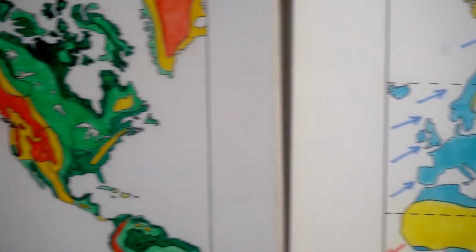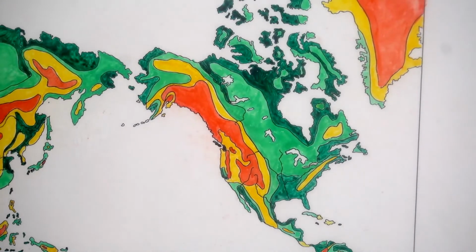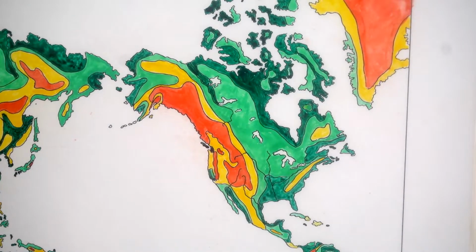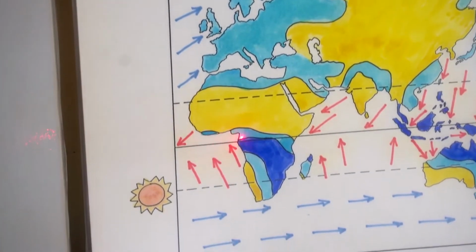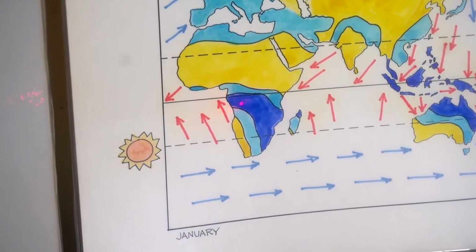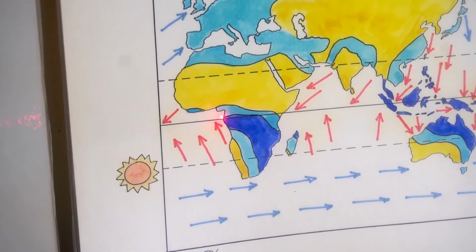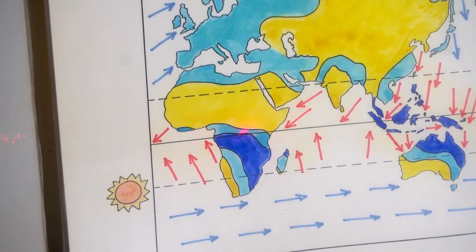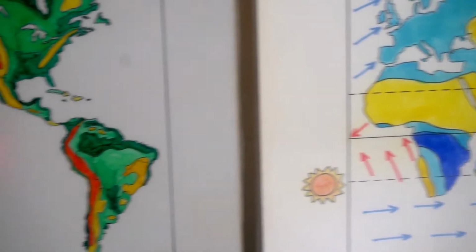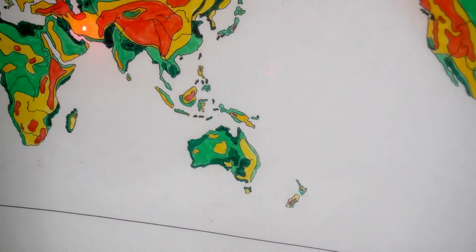Let's look at another one. Let's look at the continent of Africa. Here we have a lot of rainfall here. Africa. Now let's look at this area in Africa. You can see